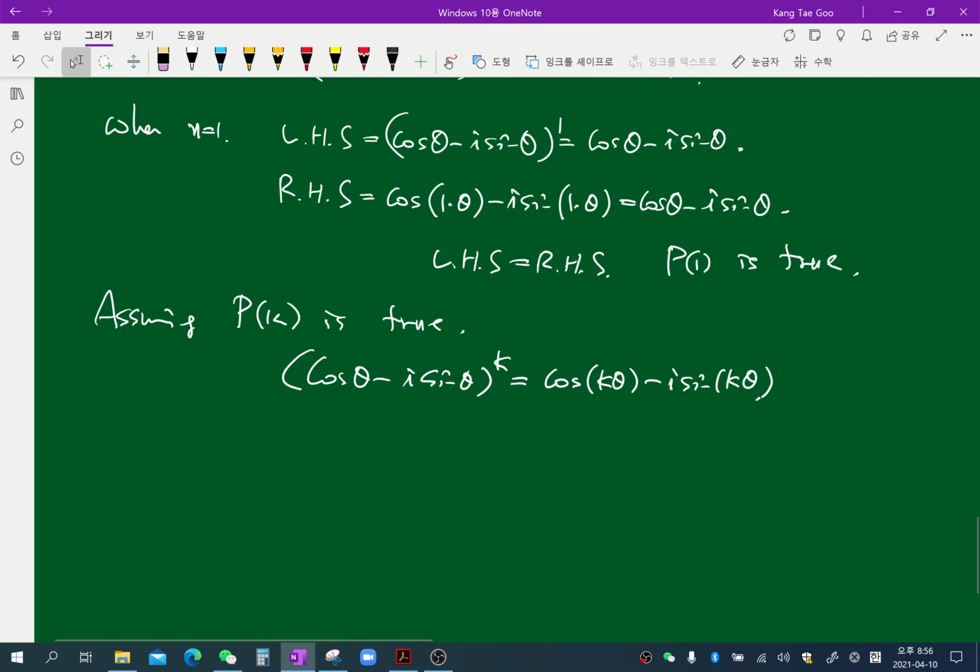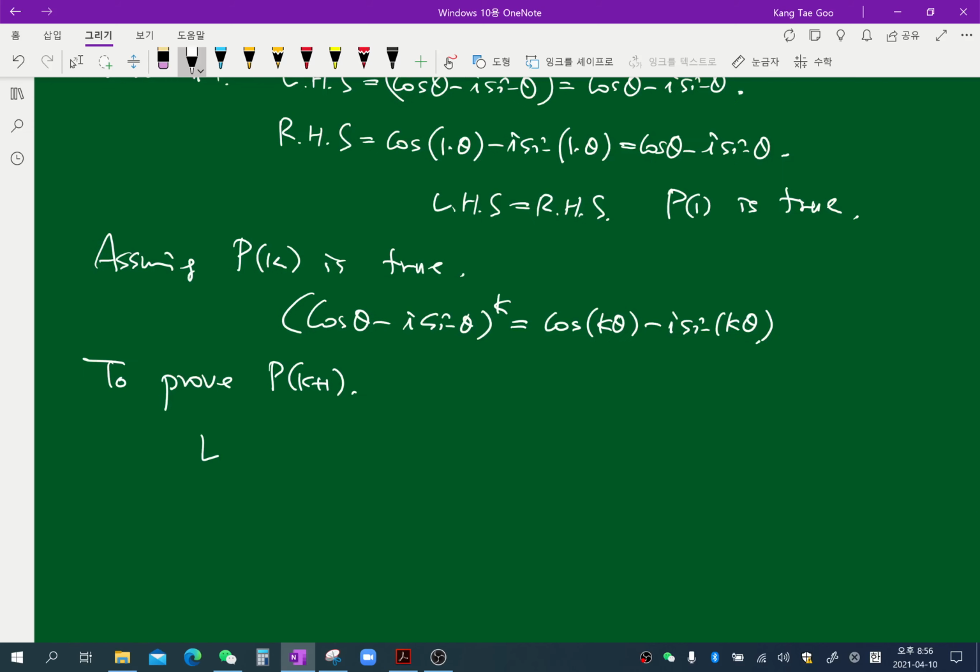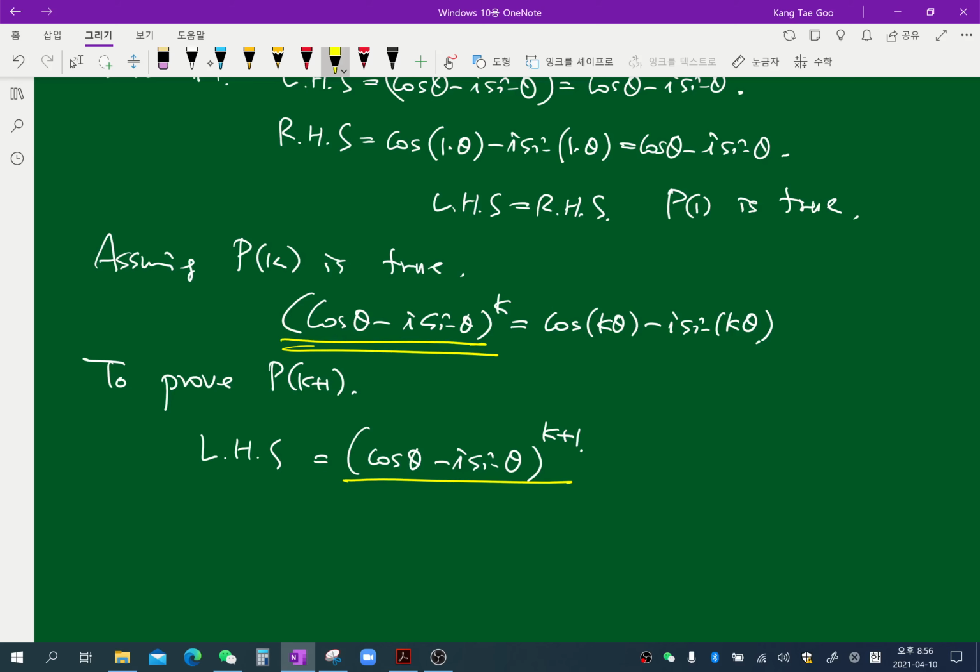To prove Pk plus 1, the left hand side goes to be (cosine theta minus i sine theta) to the power of k plus 1, right? And if you compare this line with the left hand side of Pk, we have plus 1 here, which means we multiply one more time,